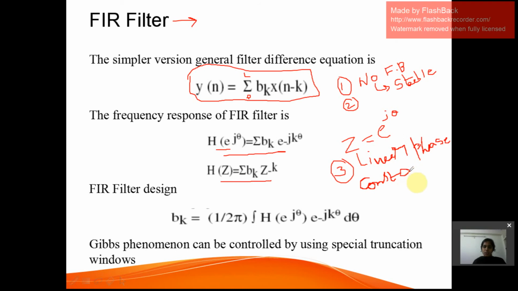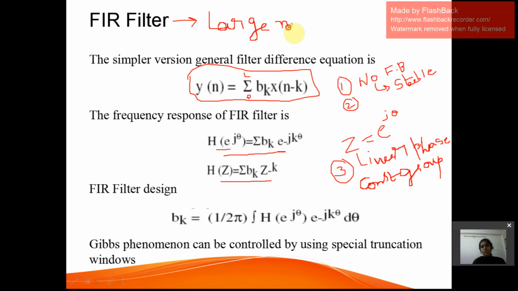It has a constant group delay as well as linear phase. This is what is related to FIR. Another point I would like to discuss is that it is suitable for applications that cannot tolerate phase distortions. There are some systems which cannot tolerate phase distortions. For such systems, the FIR filter is useful. And coming to the disadvantages,